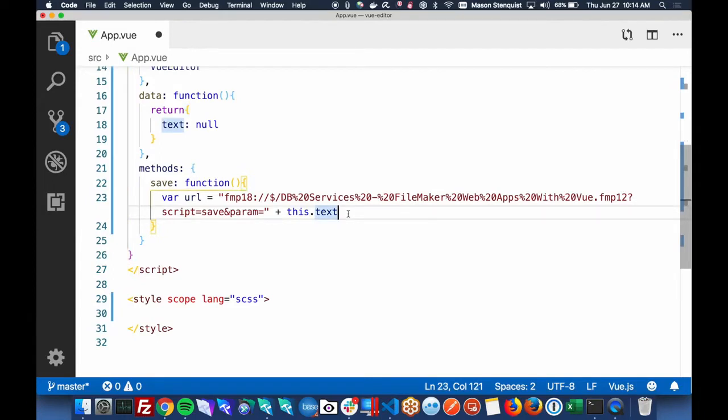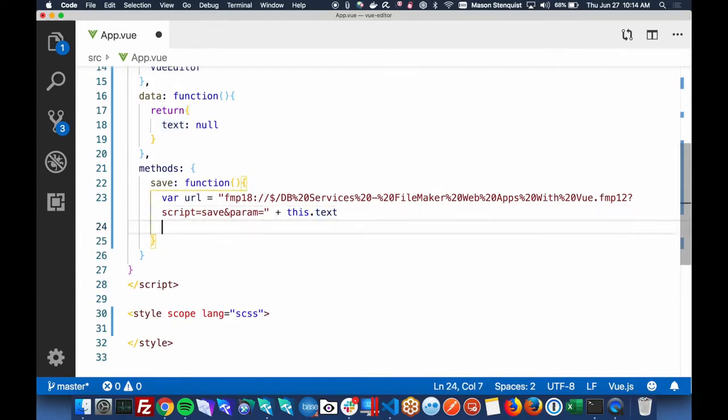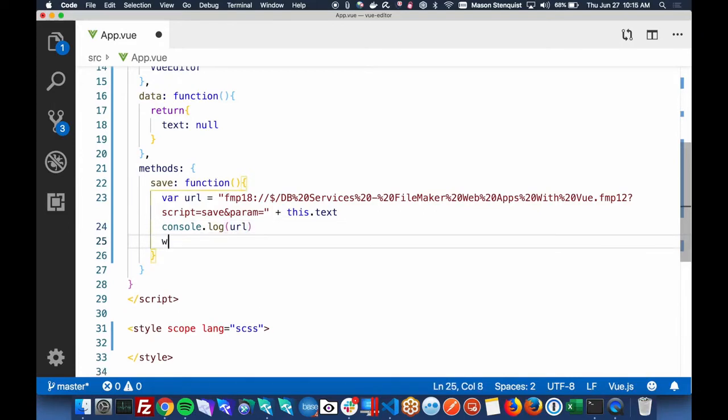So it makes it really easy to share data between everything. You'll also notice I'm not doing semicolons everywhere. You don't have to use that if you're using the view command line tool, because it'll compile it and it'll add all those for you. All right, so now that we have our URL, let's maybe just console log it for a little bit easier testing. And then we will go to that URL. So we'll just change the window location.href.